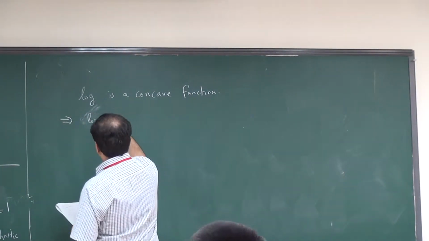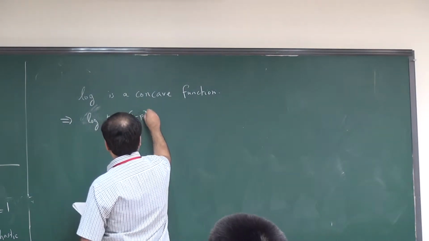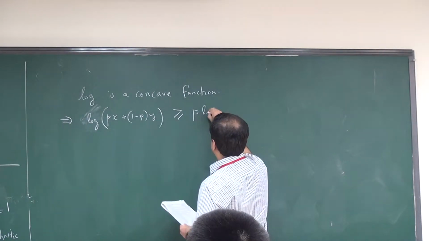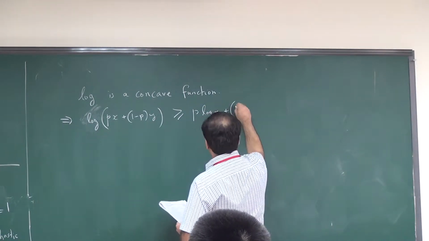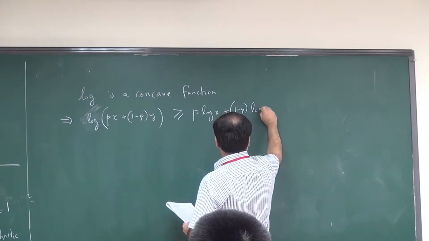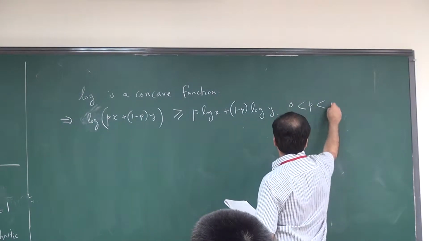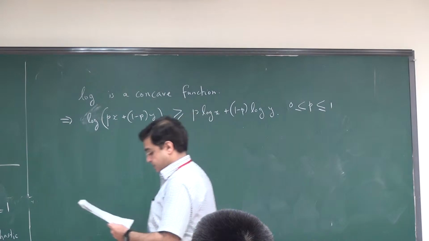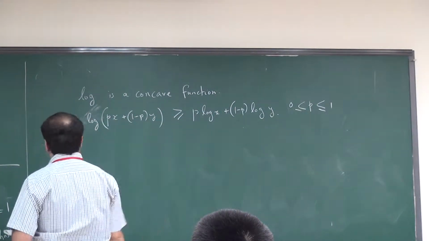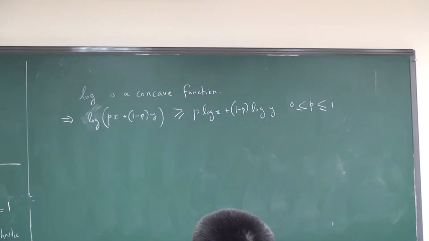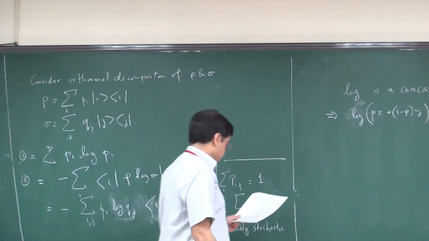Log of p x plus (1 minus p) y is bigger than or equal to p log x plus (1 minus p) log y. And here p lies between 0 and 1. So using that, we can rewrite this as